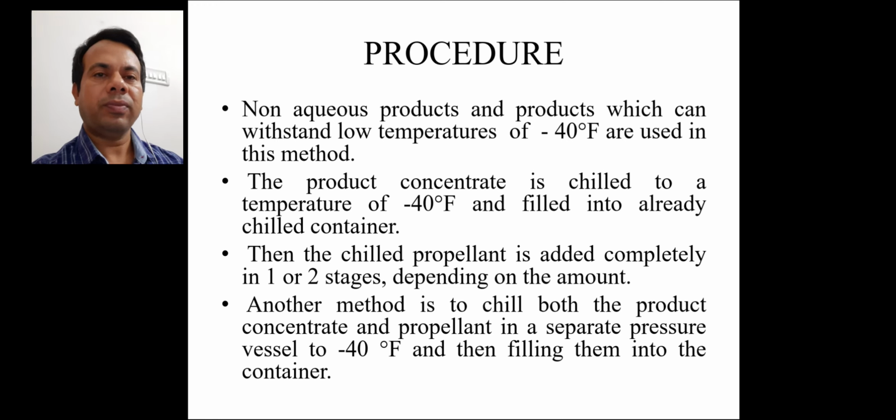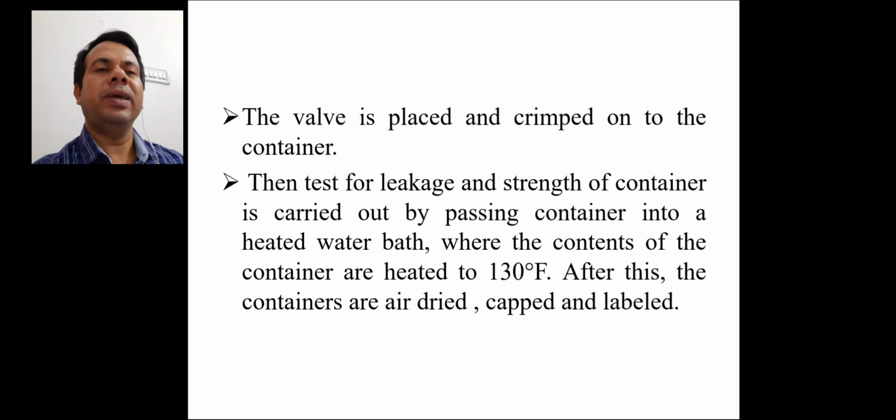Next is procedure. Non-aqueous products and products which can withstand low temperature of -40°F are used in this method. The product concentrate is chilled to a temperature of -40°F and filled into already chilled container. Then the chilled propellant is added completely in 1 or 2 stages depending on the amount. Another method is to chill both the product concentrate and propellant in a separate pressure vessel to -40°F and then fill them into the container. The valve is placed and crimped